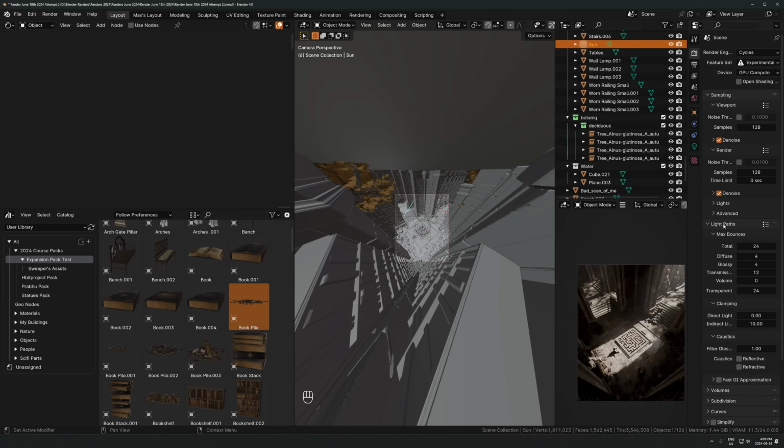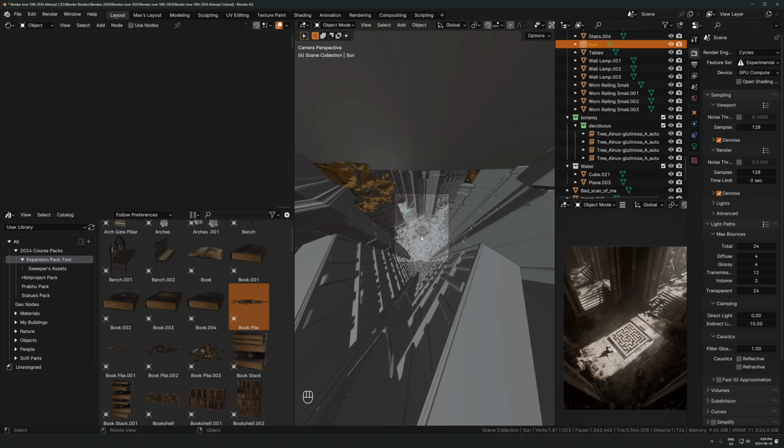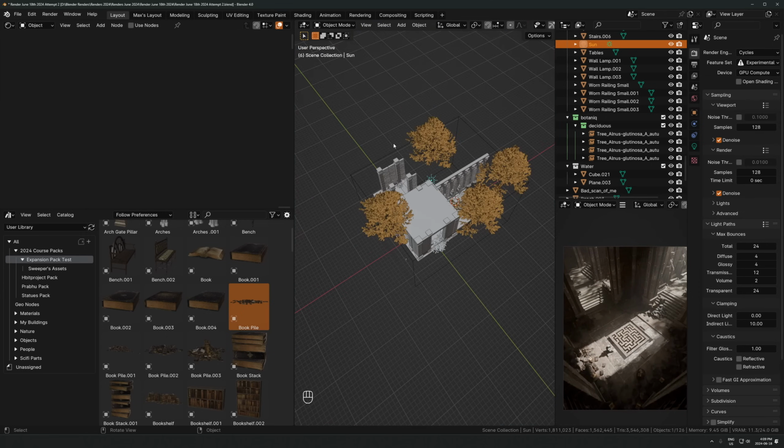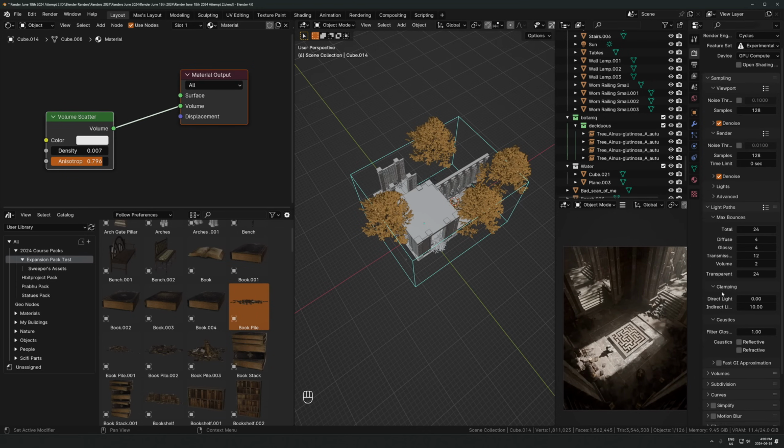If I turn up the volume bounces, that might actually be good too. Looks kind of nice in this case. It's maybe a bit too thick now, so I'll just decrease that a bit. So instead of 0.01, I'll do 0.007 or something. And then we can also,